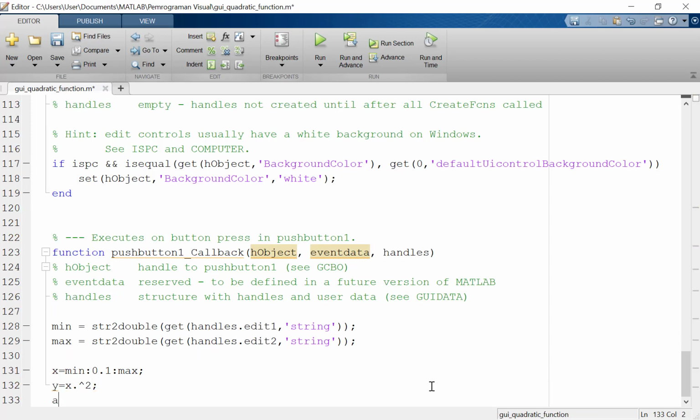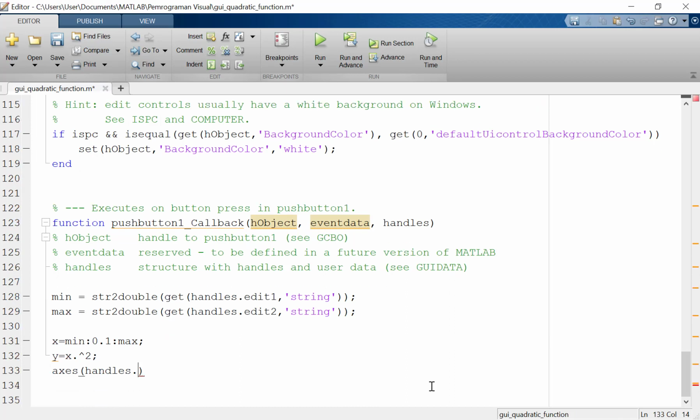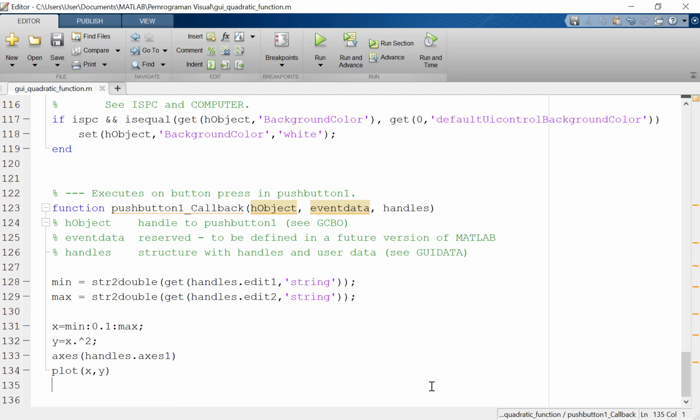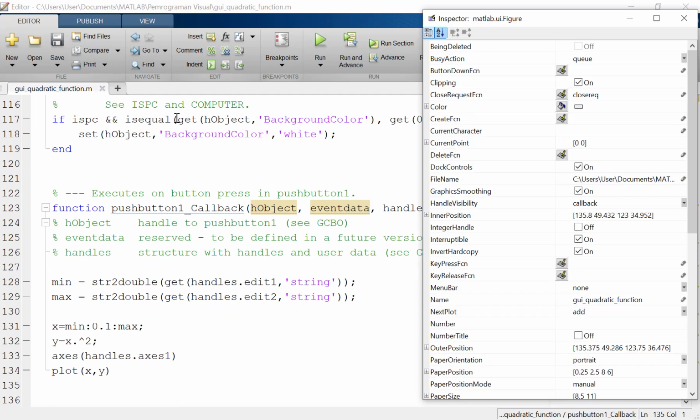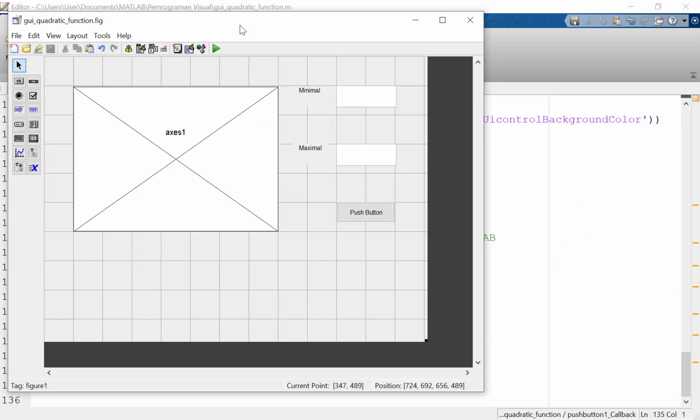And then we can plot in the axes, handles.axes1 here, and then we can plot x comma y. Then we can save, and we will try to execute the GUI.